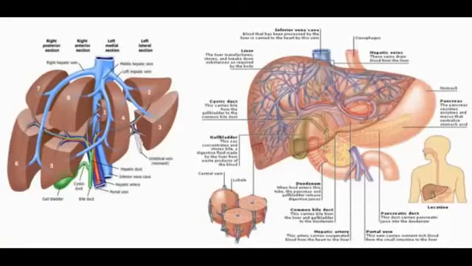Another function is the breakdown systems which are present in the liver. This is the system for hormones, bilirubin, and detoxification of toxic substances and drugs. It also converts ammonium to urea, and as you know, ammonium is the most toxic substance for our brain. Another function of the liver, this is the place